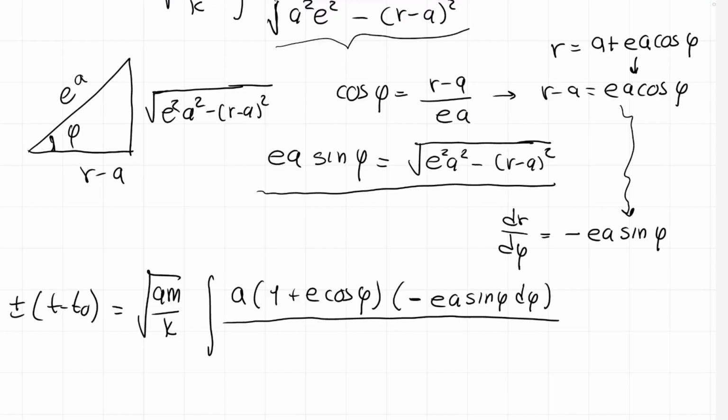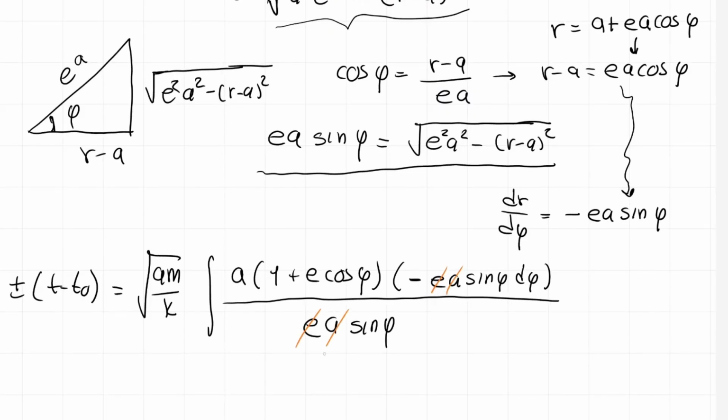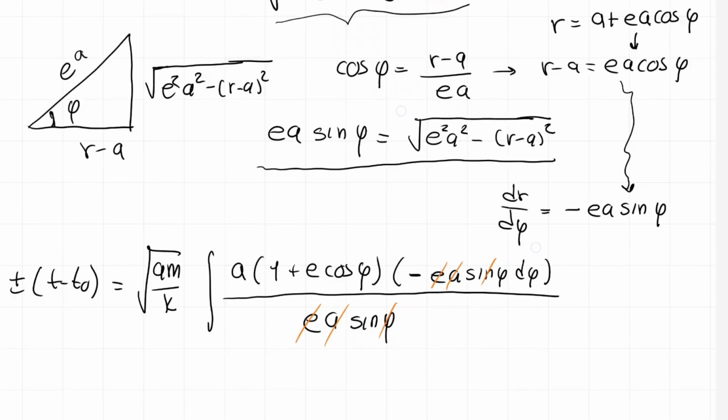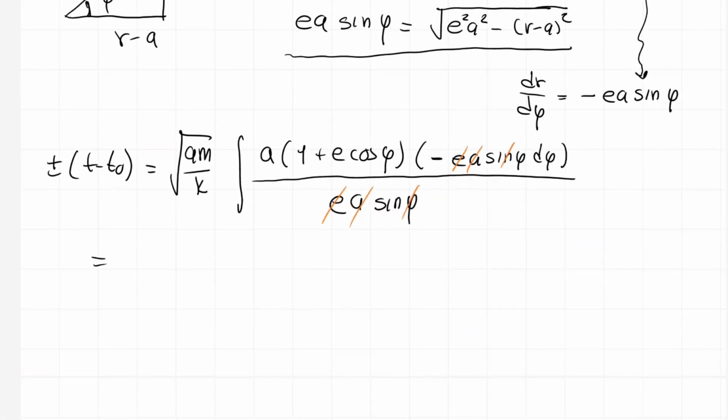So at the denominator we are going to write EA sine of phi. We easily notice that this cancels with this, this with this, this with this, and we get,